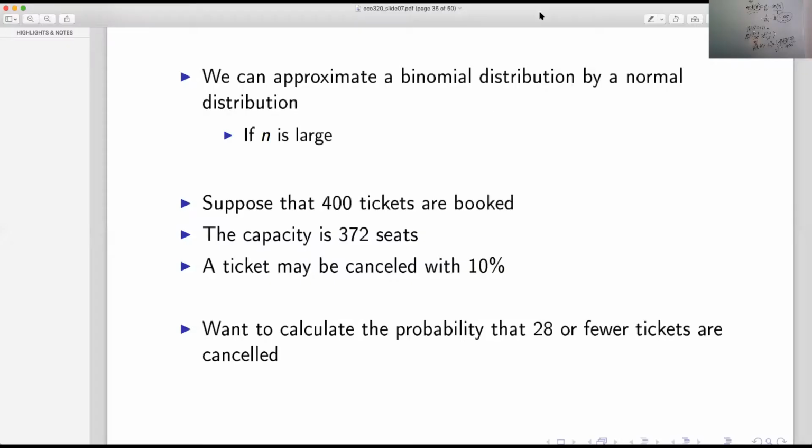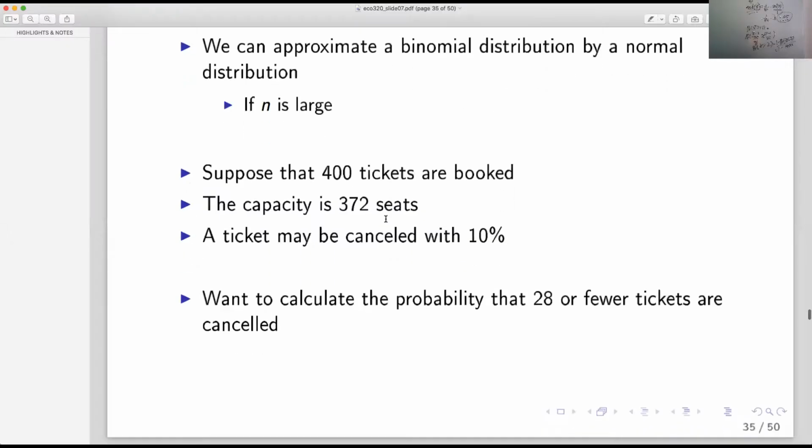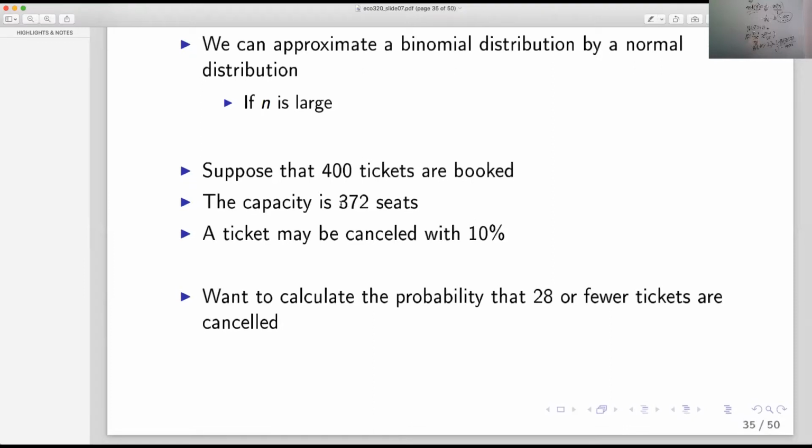So suppose you have 400 tickets booked and the capacity is 372 seats. A ticket may be canceled with a probability of 10%. We want to calculate the probability that 28 or fewer tickets are canceled. This is actually a practical